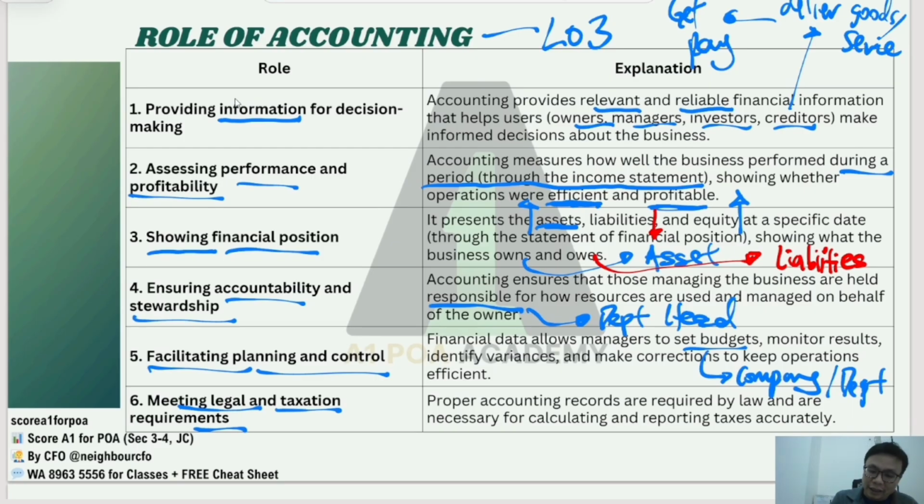So meeting legal and taxation requirements is through proper accounting records. At certain points of time, the authority will do random audit checks just to make sure that the companies they have selected for audit continue to uphold the accounting standard required by the law, so that the authority will know that the calculation by and large in terms of the tax payable is being paid correctly in terms of the amount, and of course to pay on time.